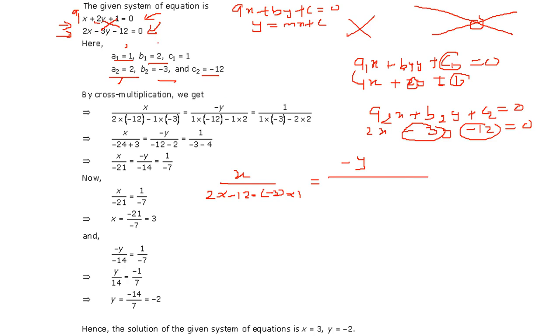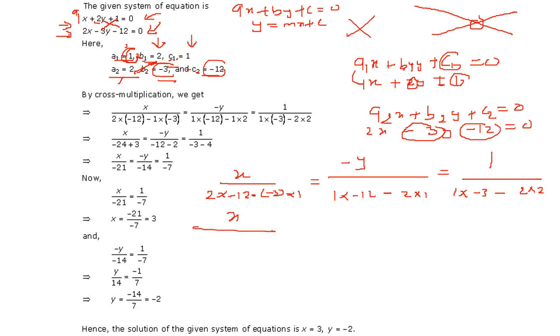Again, when you go for y, you just leave the coefficients of y and take the others, like this 1 and minus 12. So you multiply 1 and minus 12. This is cross multiplication. Now the other cross multiplication, 2 into 1. Then you subtract. Now when you come to 1, you leave the constant coefficients, and you take the x and y coefficients. So this is 1 and this is minus 3. So multiply it, 1 into minus 3, then subtract 2 into 2.